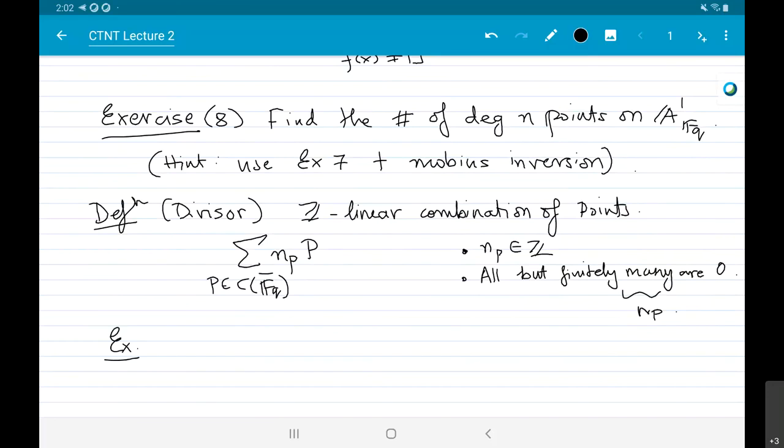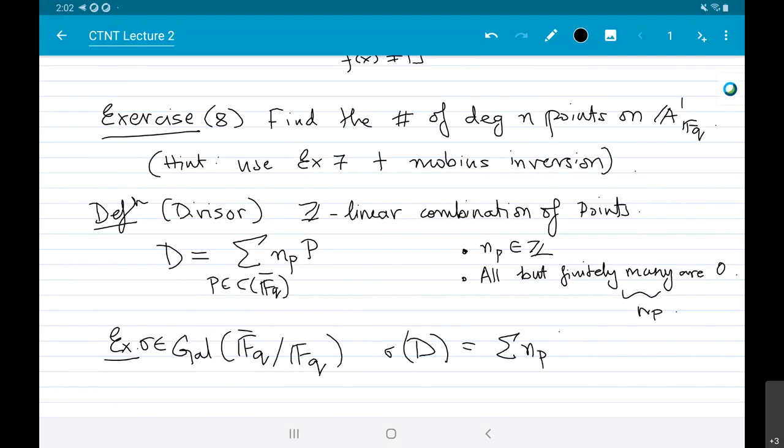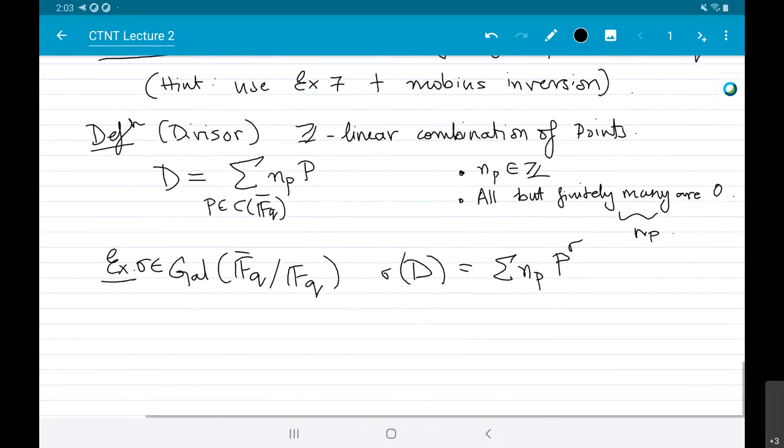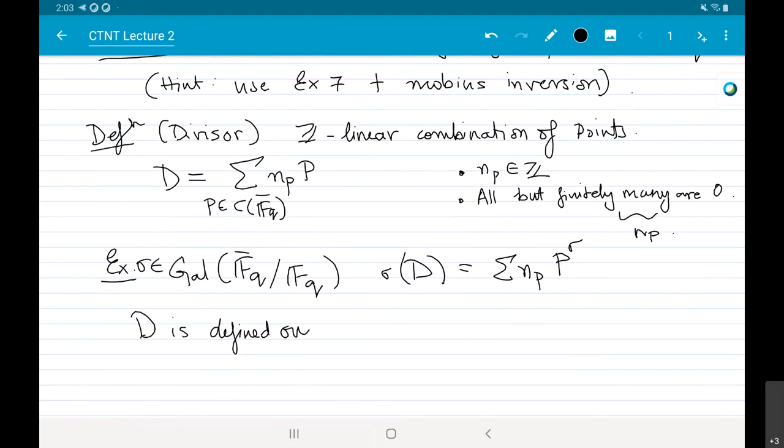But so you have a Galois action. So let's call this D. And suppose you have sigma inside the Galois group of FQ bar over FQ. Then you can construct sigma D by basically applying sigma to all of the points, right? So some element of the Galois group, and you just apply sigma to all of the points. And D is said to be defined over FQ